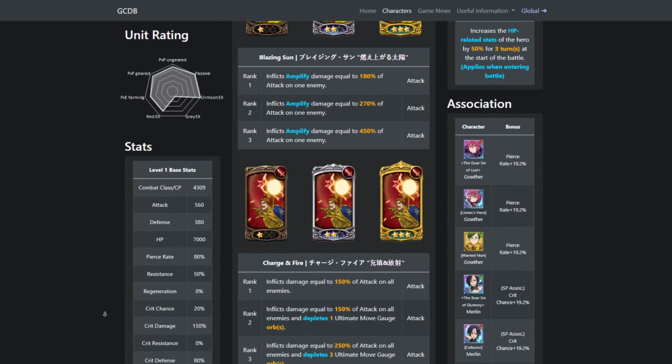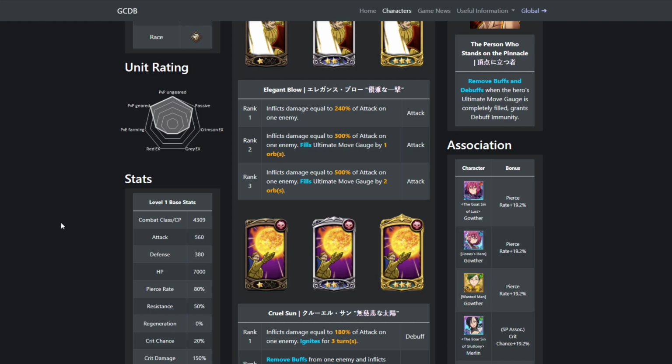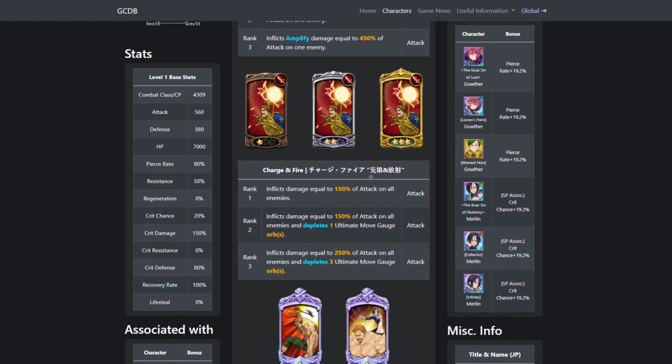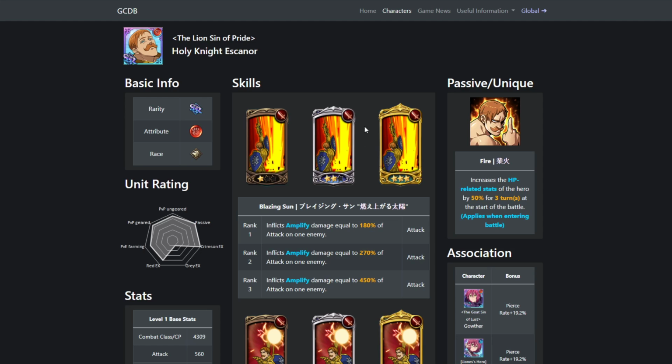So, basically, this Escanor's lifesteal is going to be 50% for the first 3 turns of the match, whereas this one has 0. So, if this Escanor hits you for 100k, he's healing for 50k. It's actually disgusting. Like, it's crazy. So, for the first 3 turns, he's just going to be, like, dumb, right? If he has 100k HP, it now becomes 150k because of his passive,